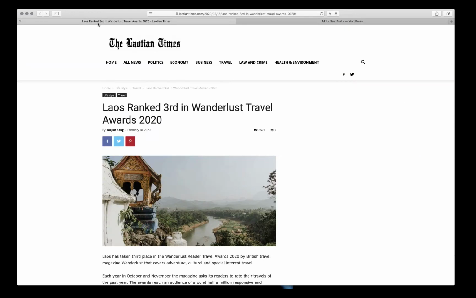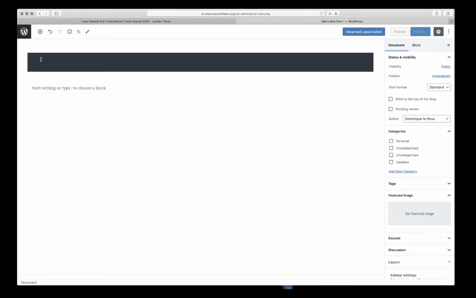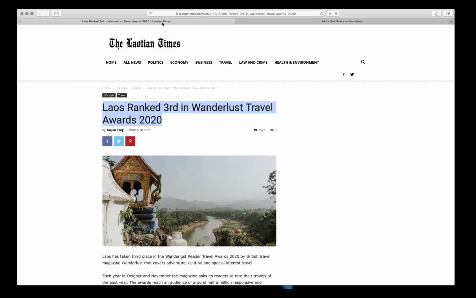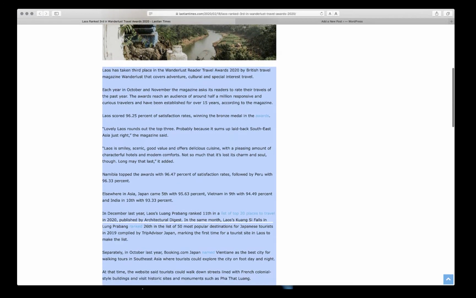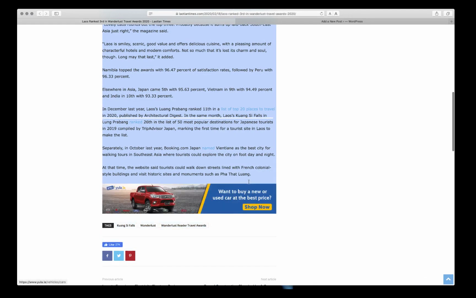So let's keep our title the same. I'm just going to highlight that and press Control-C for copy. And here I'm going to paste it. The shortcut is Control-V. Now I want my text, right? So I go back there and highlight my text, highlight the story. Once again, copy it, Control-C,